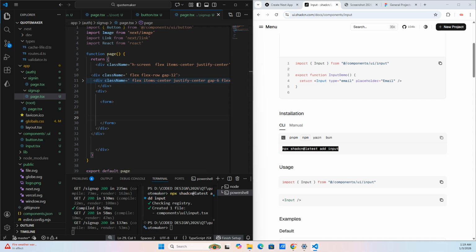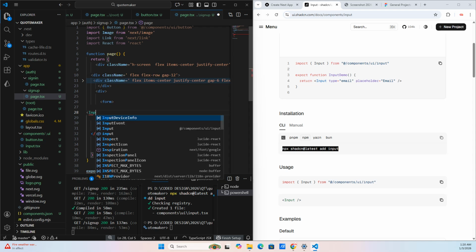I believe the input has been added. Okay, let's just double check that. Where is the component UI for SHATCN? And here is an input. Cool. And then what we want to do now, we want to add the input so that we can test